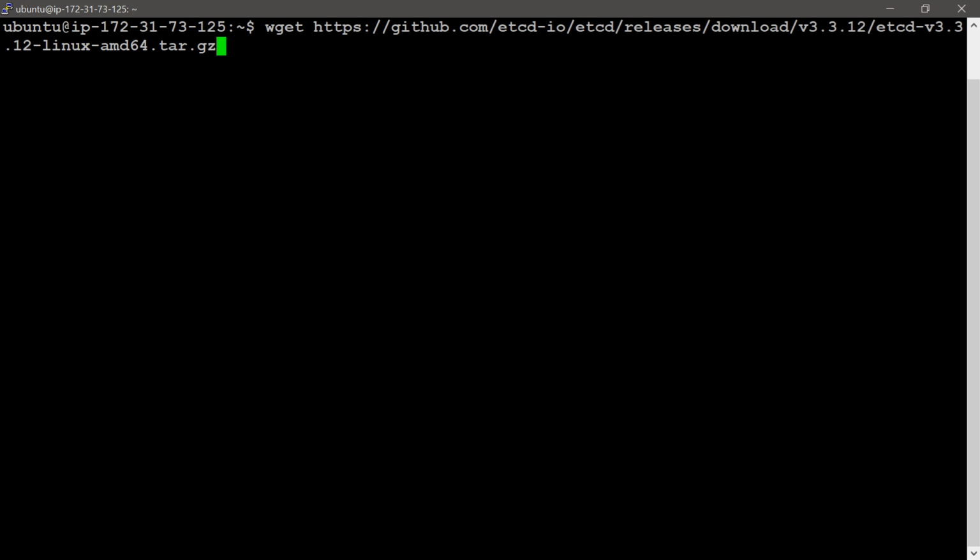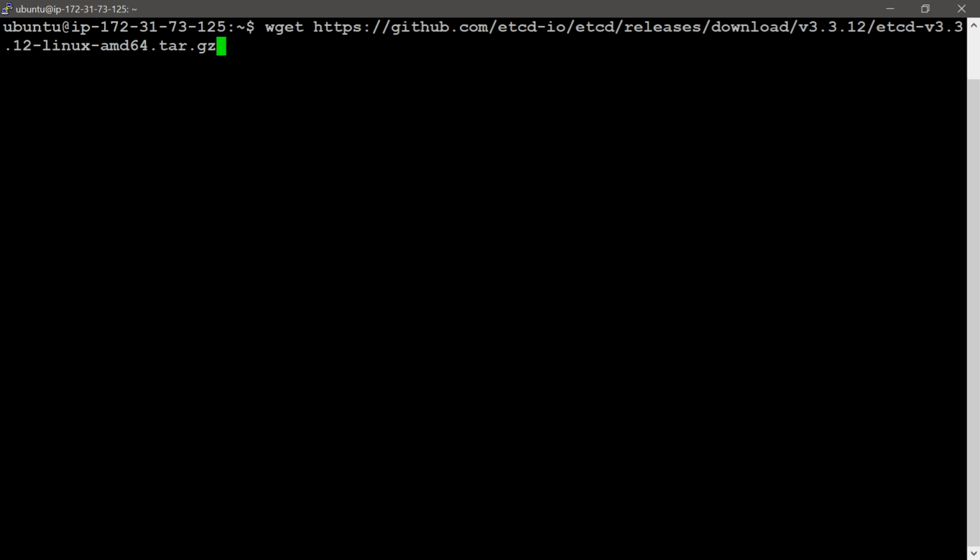The command is wget https://github.com/etcd-io/etcd/releases/download version 3.3.12, then etcd-v3.3.12-linux-amd64.tar.gz.